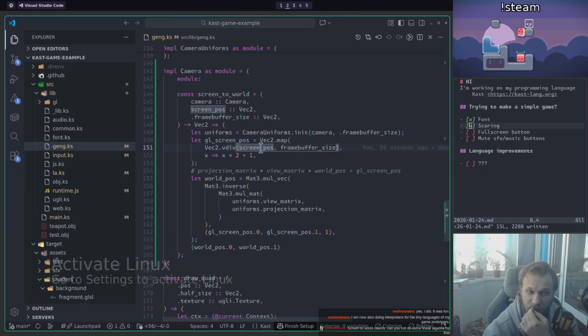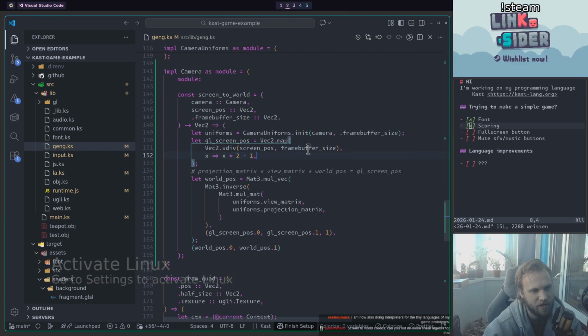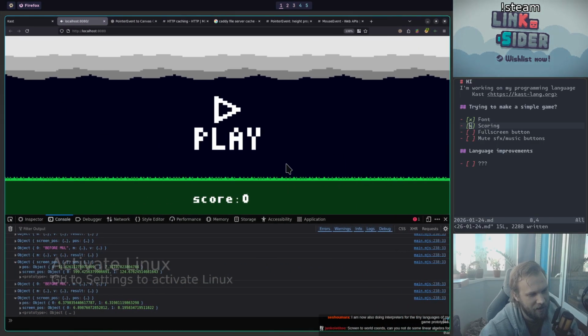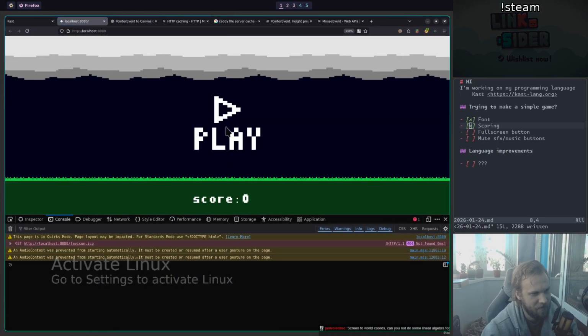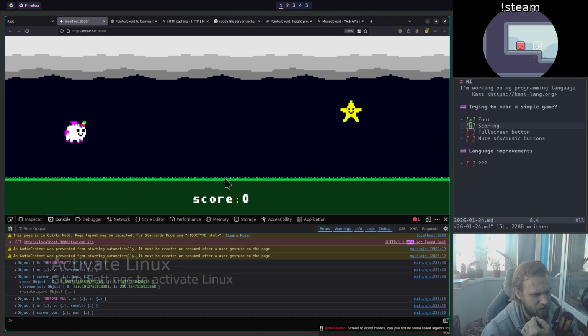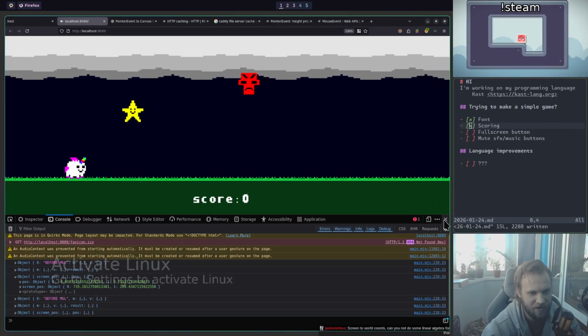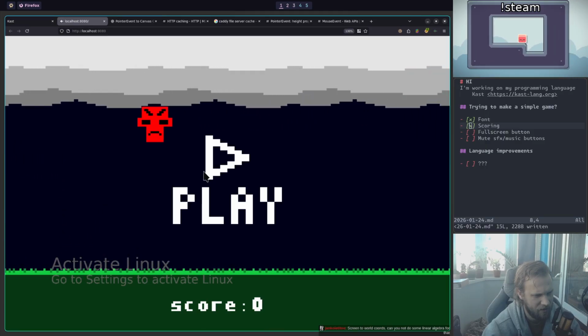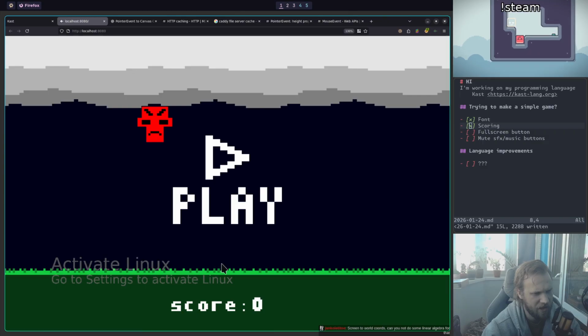Screen position divided by frame buffer size, times 2. No, it's not times 2 plus 1. It's times 2 minus 1. Of course, I figured it out. This was incorrect. Let's see if this is going to fix it. First try. Holy shit! I clicked something. Let's try again. Yeah, but I think I'm clicking